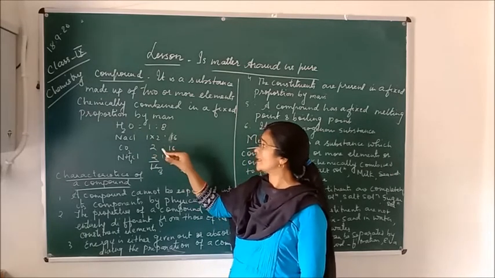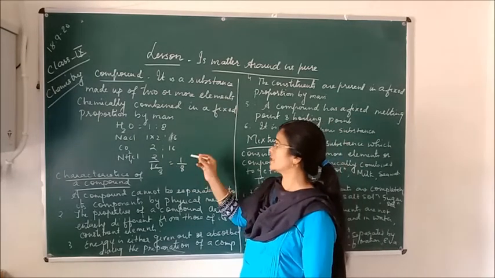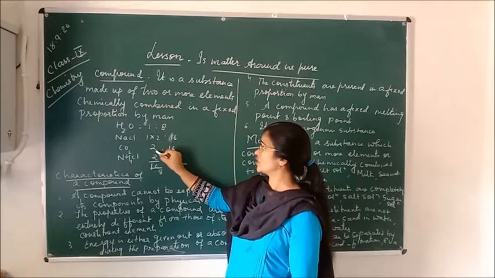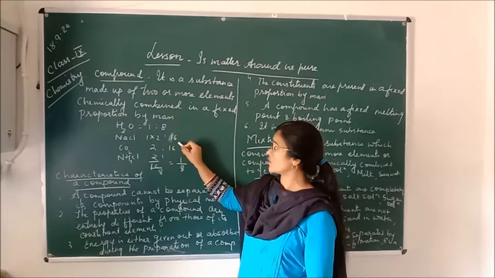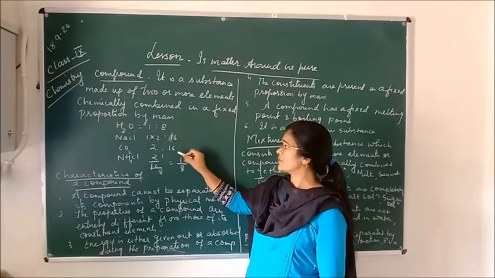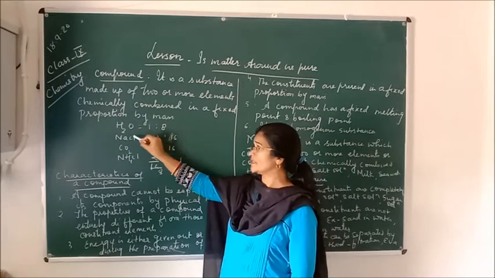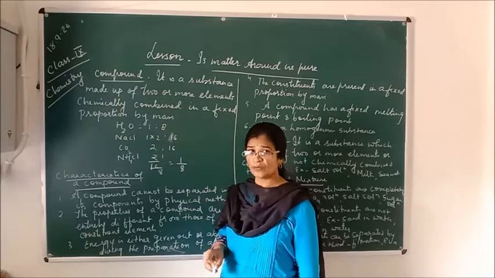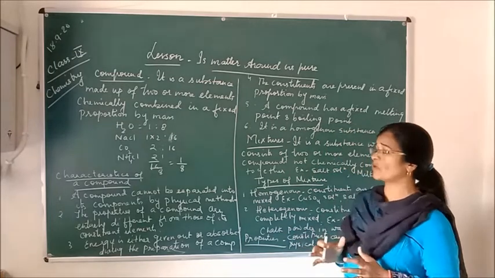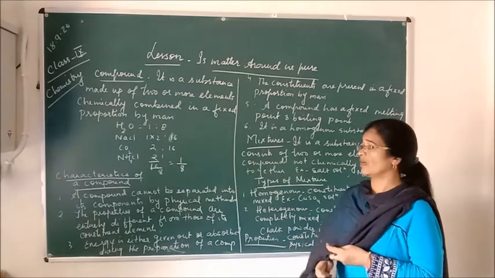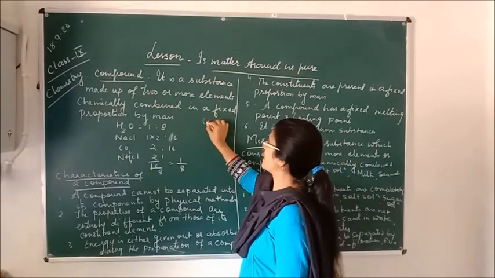So how will you calculate how much mass of hydrogen combines with the mass of oxygen? Here two is the mass of hydrogen, since two atoms are there, and 16 is the mass of oxygen. They combine together, and when we simplify 2:16 it will be 1:8. So hydrogen combines with oxygen in the ratio 1:8. That means the elements combining in the compound are combined in a fixed proportion by mass. We can also take another example, carbon dioxide.